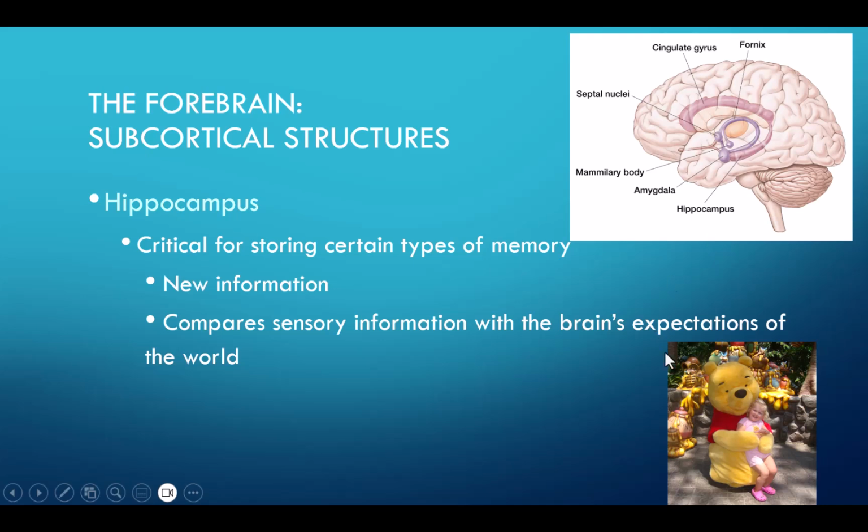Here I have just a little picture of my oldest when she was probably 2. And this is just a fun memory, an episodic memory. And this is something that the hippocampus would have encoded. And we'll learn in a subsequent video when we talk about memory that over time those actually get moved into the cortex for storage. We know the hippocampus is also important in the formation of spatial memories, so helping us navigate our environment,